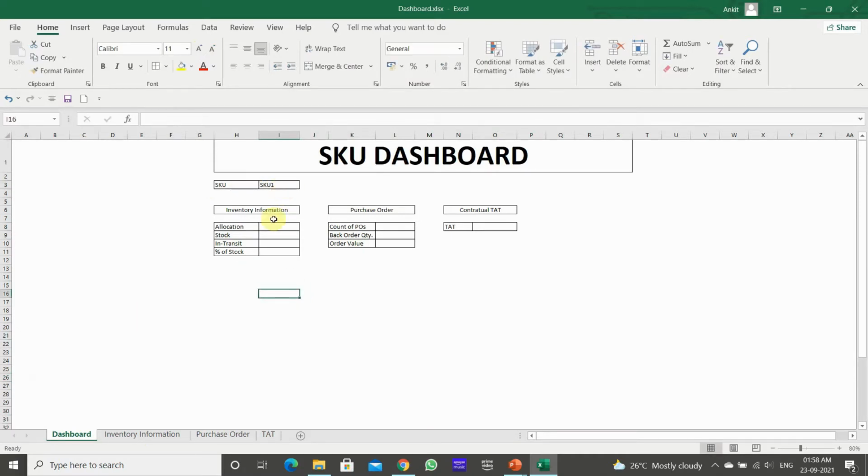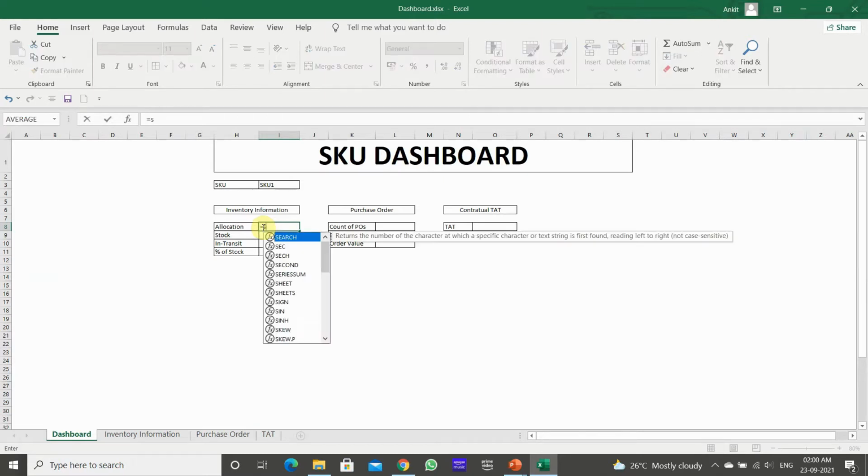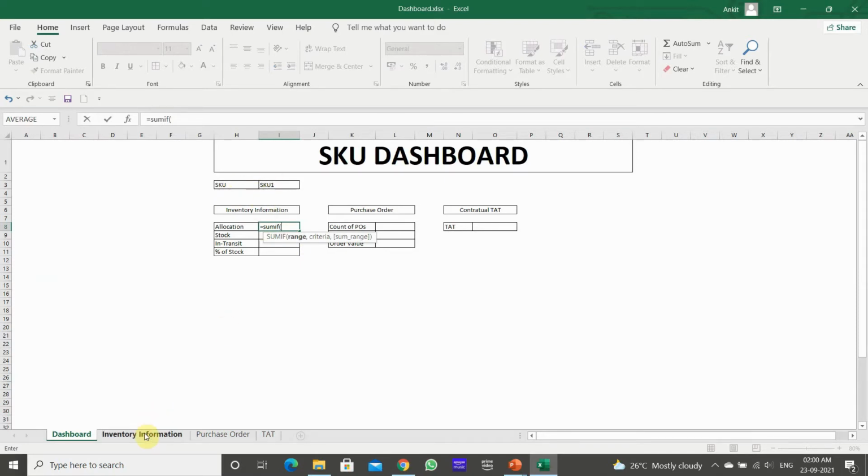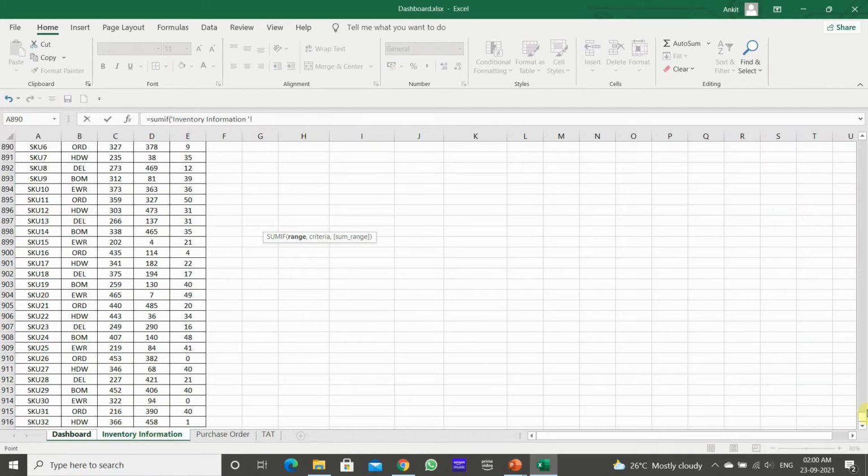That's the baseline. So here we will use the SUMIF function to calculate the allocation, stock and in transit quantity. So SUMIF and open bracket. First of all we need to take the range of the criteria. Here the criteria is SKU1. So go to the inventory information and the criteria range is this one.